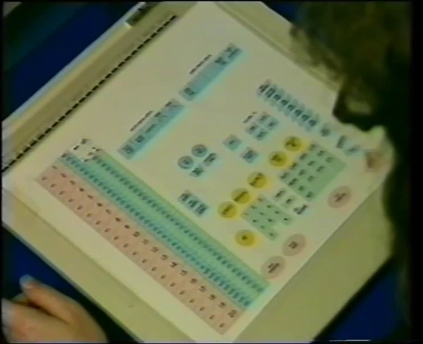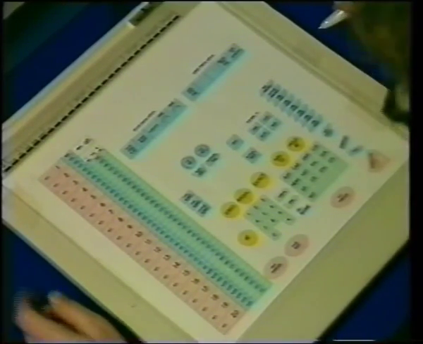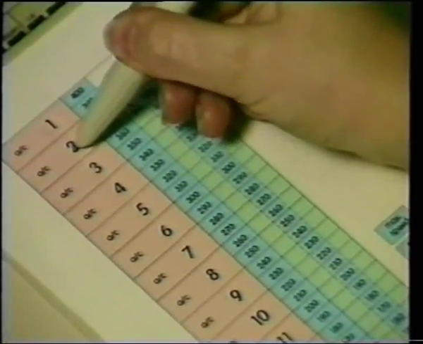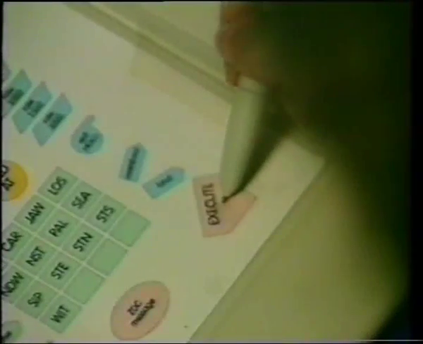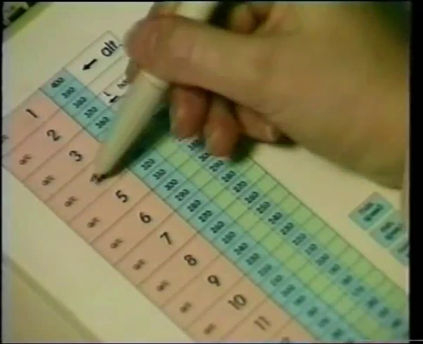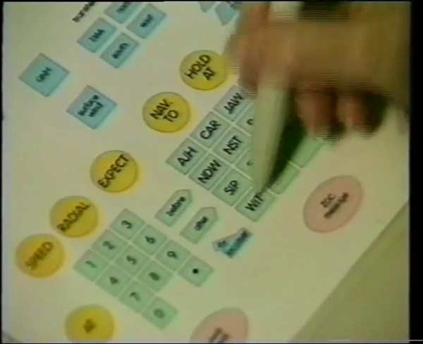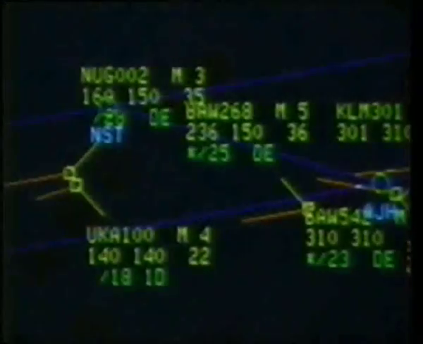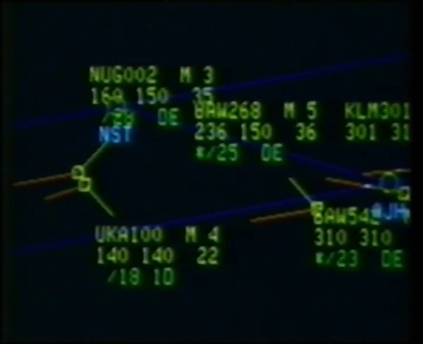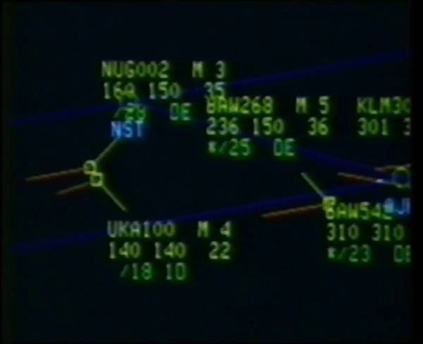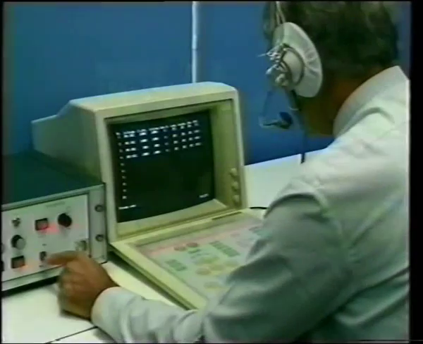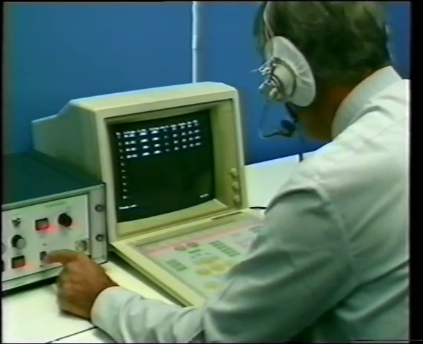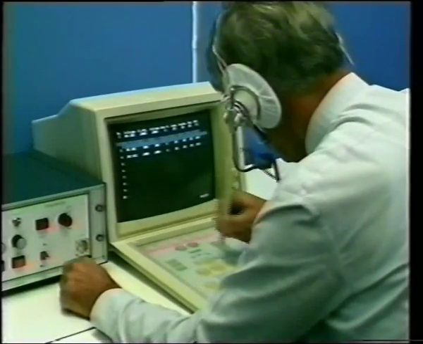In addition to standard RT used in Scenario 1, the controller also has at his or her disposal a digital ground-air-ground communication channel provided by the Mode S data link. Instructions to the aircraft are implemented via a conveniently placed digitizing tablet. The display presented to the controller contains several simulated flights along with the actual position of the BAC-111 test aircraft, now designated Nugget.